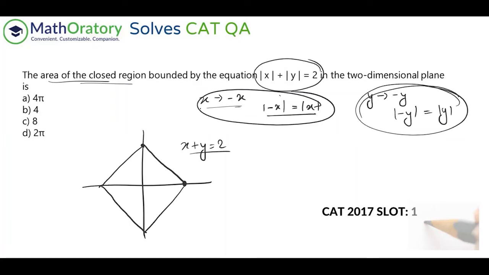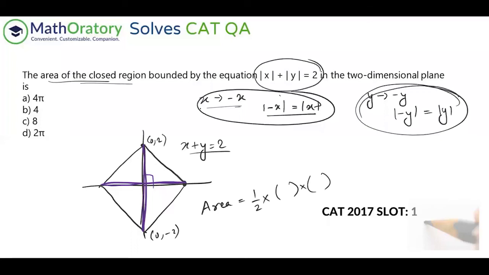For any quadrilateral, if the diagonals are intersecting at 90 degrees, which in this case you can see this diagonal and this diagonal are intersecting at 90 degrees, right? So if that happens, then the area can be figured out. One way to find the area will always be half into the product of diagonals. In this case, because it's a square, the diagonals will be equal in length also. You can quickly calculate that. Now this point is 0 comma 2 and this point is 0 comma minus 2, right? Because of the symmetric nature.